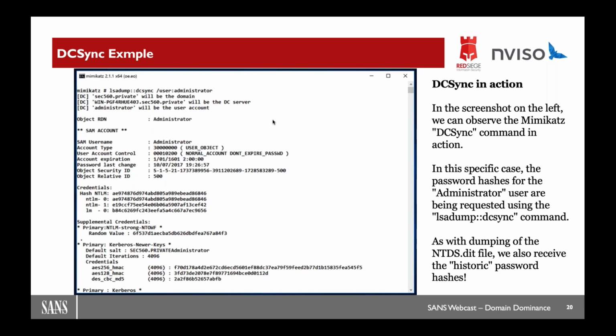What comes back? It dumps all of the secrets and all of the properties of the administrator account. This includes the NT hashes, the encryption keys, the Kerberos encryption keys. So basically, you're doing NTDS.dit dumping over the network, if you will.